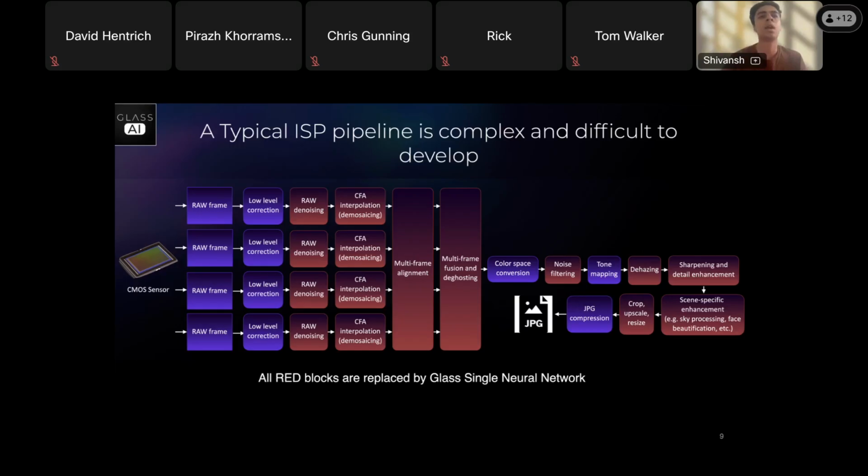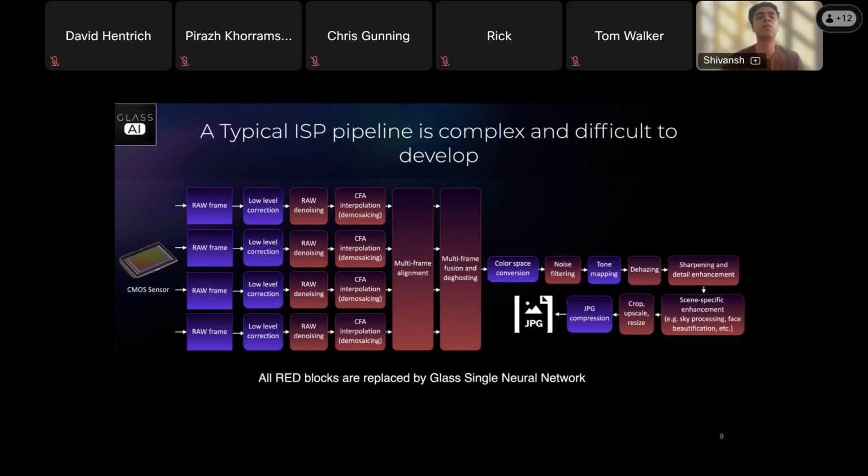And then once these are aligned to the reference frame, it is then passed to the image deghosting or image fusion team, which would try to fuse these bursts of aligned frames in an efficient manner so that you get the best image quality and least image artifacts. So that is what the role of this team is.